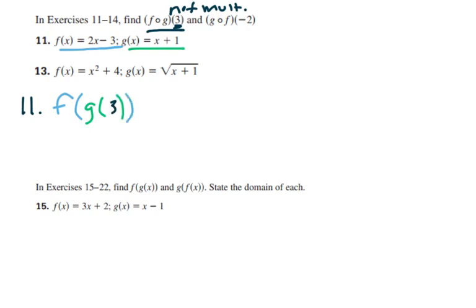And so as we did in the notes, what I'm going to do is evaluate this inner part here first. So to start, I'm going to take the g equation, which is x plus 1, and I'm going to plug in a 3 instead of the x, and get 4 out. And of course you can do this without showing every step. And then since g of 3 is equal to 4,